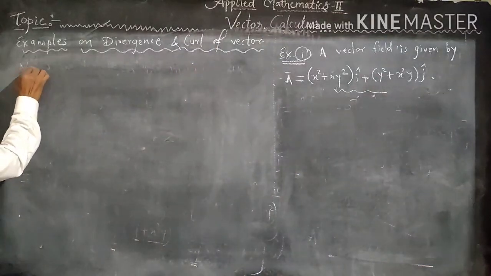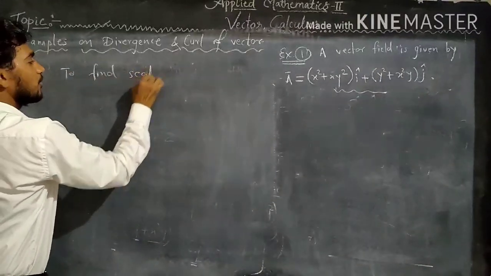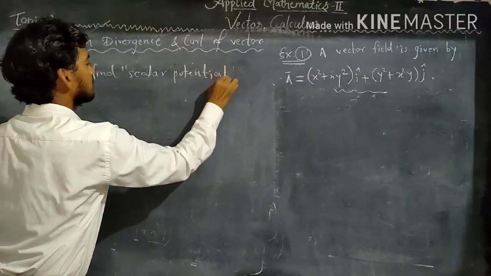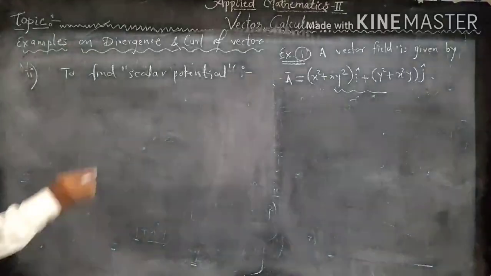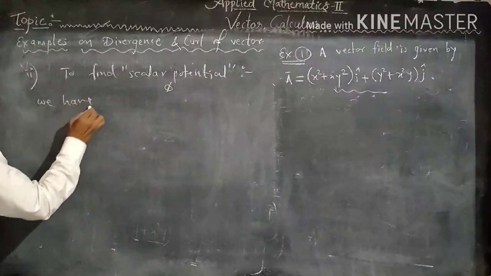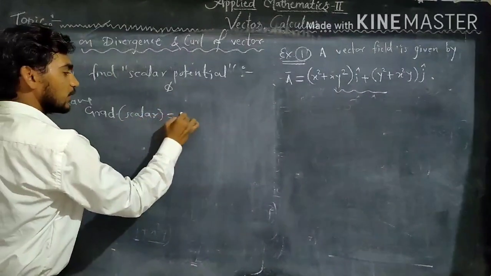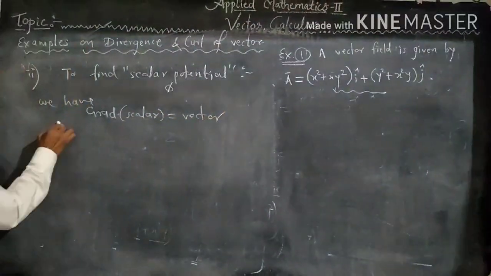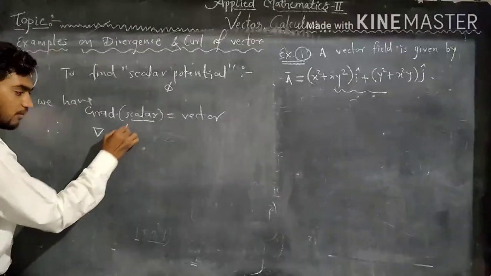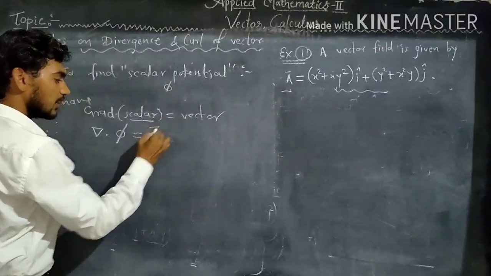In the same example we have to find scalar potential. To find scalar potential phi, we have gradient of scalar is equal to vector. Therefore by notation it is del with scalar phi is equal to vector which is given as vector A. Therefore,